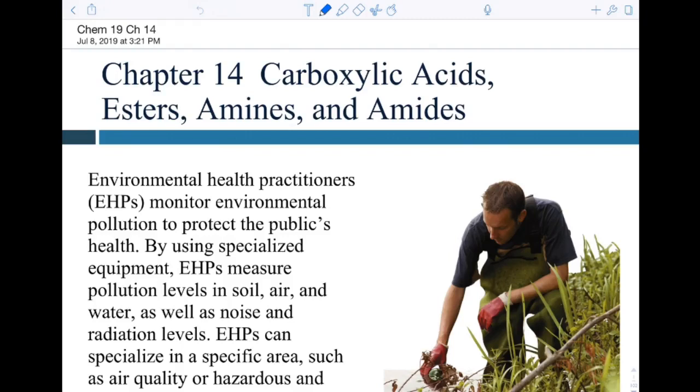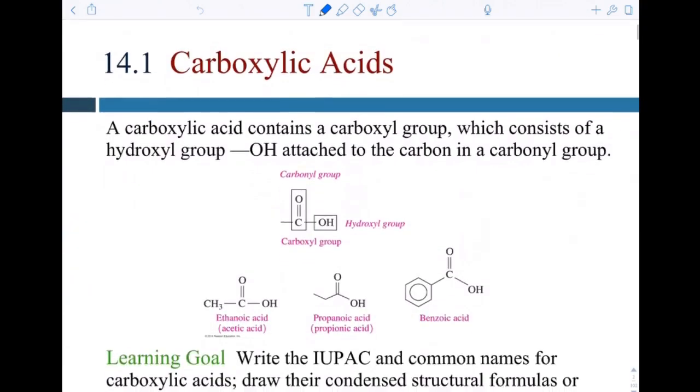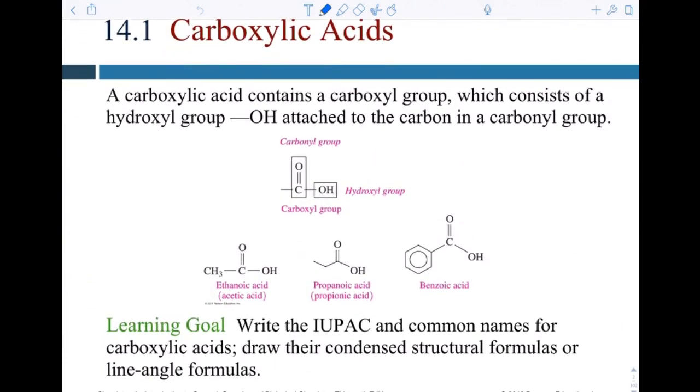This is chapter 14. We're going to cover carboxylic acids, esters, amines, and amides, or amides. Different ways to say it. You'll hear me say those terms differently depending on if it's at the end of a compound name or if it's by itself. Alright, and so moving forward, the first functional group that we're going to talk about is a